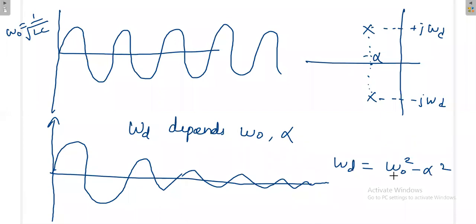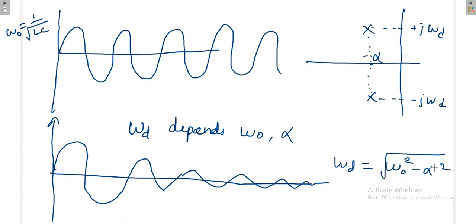What is the reduction rate, whether it is getting decreased at a very fast rate or at a slower rate, is all decided by alpha. If alpha is 0, then there is no reduction. If the alpha value increases, then it will get reduced at a faster rate. If the alpha value is small, it will get reduced at a smaller rate. So you have undamped oscillation, and then damping is there. The amount of damping is all decided by alpha.